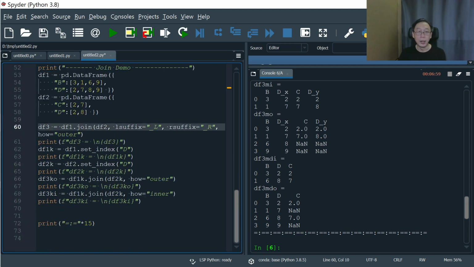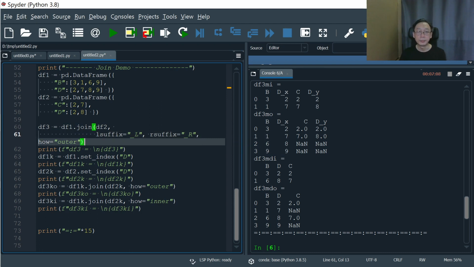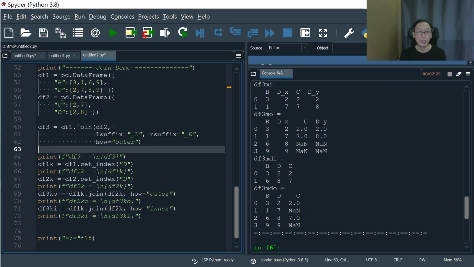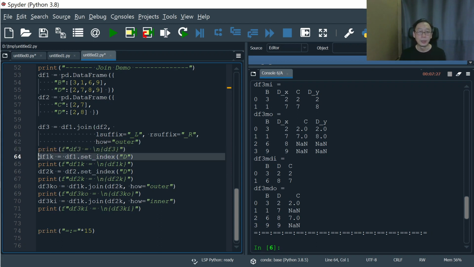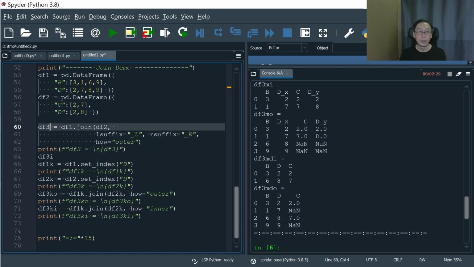So we do a df1 dot join, all right, left suffix, right suffix, as a way to distinguish from the left on, right on. Okay, then we print out df3, and then we have a set index. Okay, shall we have, okay, we can have a df3i. Okay, so let's do that